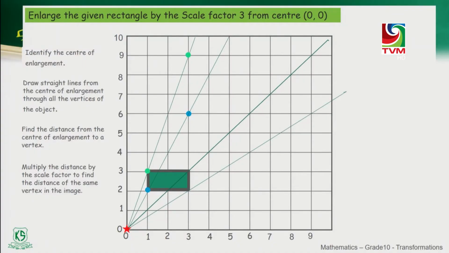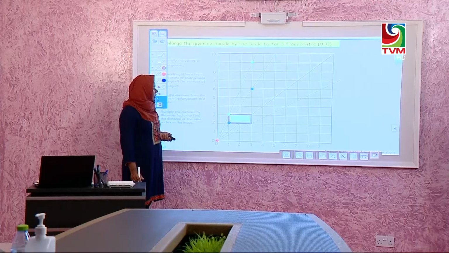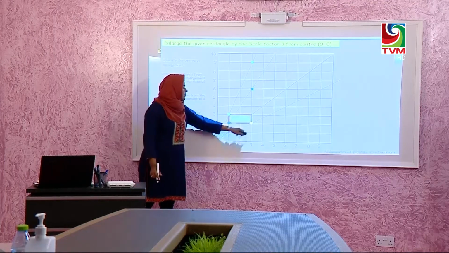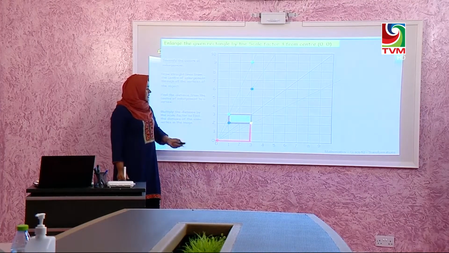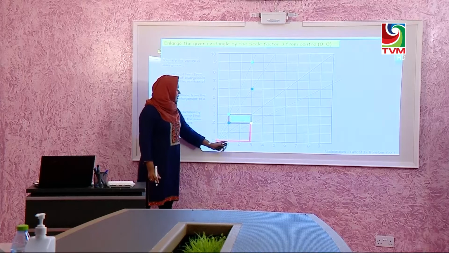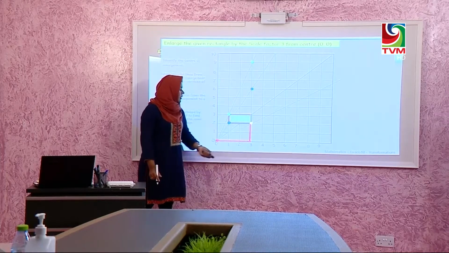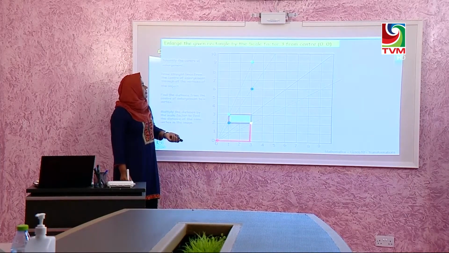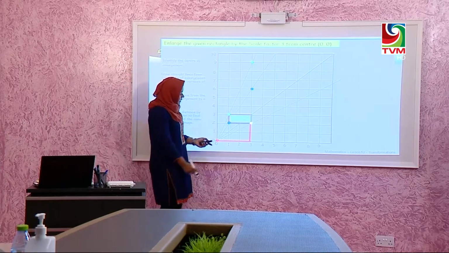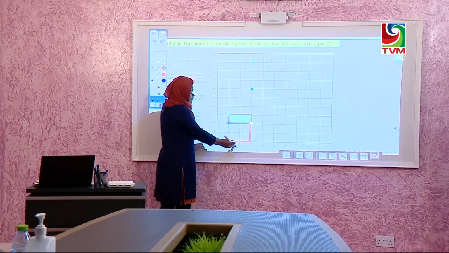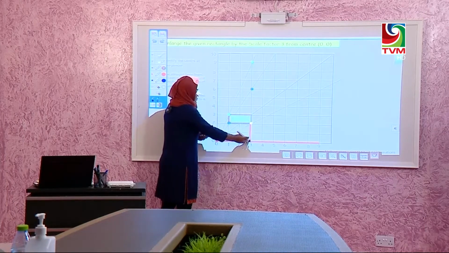Now we are going to follow the same method to get the remaining points on the enlargement. Likewise, identify a point, check the distance. Here the distance is across 3, up 2 squares, multiply it by the scale factor. Here scale factor is 3. So across 3, if you multiply 3 by 3, it is 9. So across you will have 9 squares, and to this point